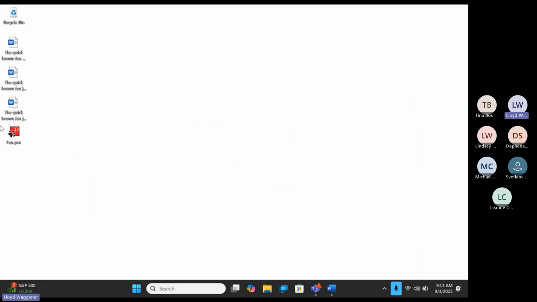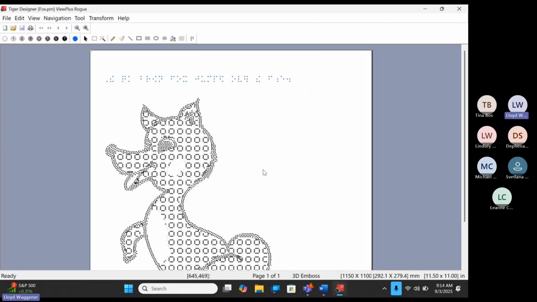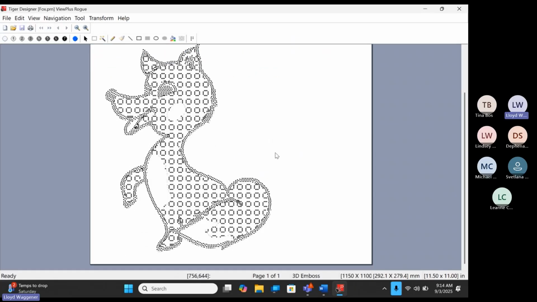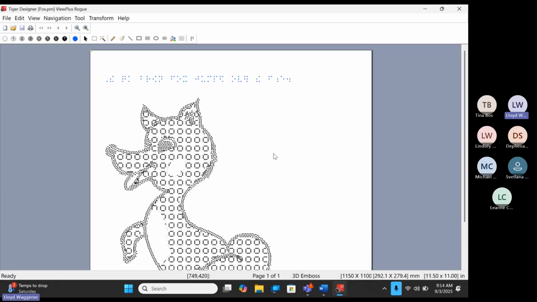Fresh here. And if we open up the Fox, so we have the Braille on here. This printed to the Rogue, which doesn't print ink, so you would have to print the ink to your color printer, and then print it to the Rogue. This one here I had set up to do the color pattern fill. So the orange of the Fox is